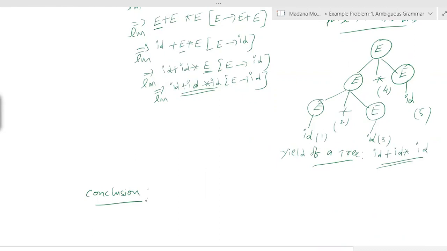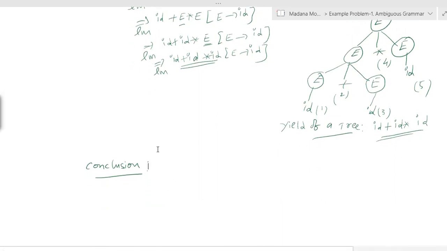For a string, if there exist at least 2 or more leftmost derivations or 2 or more rightmost derivations, then you can say the grammar is ambiguous. Now this grammar satisfies the condition of ambiguity. Based on the definition of ambiguity, now you can write the conclusion. So therefore